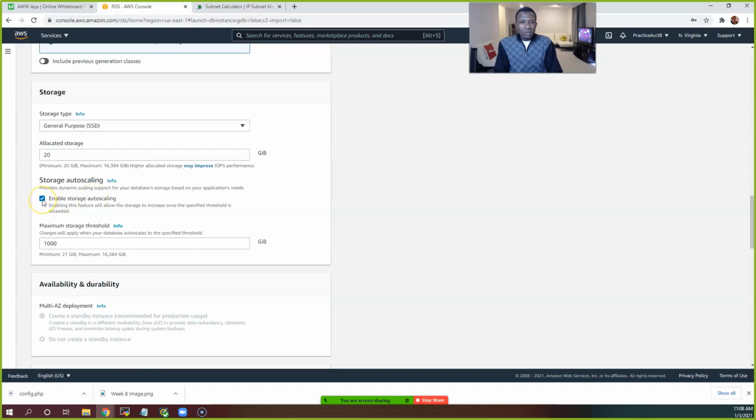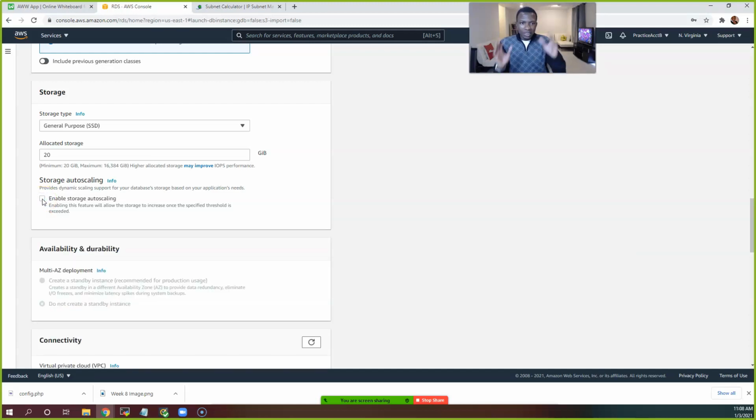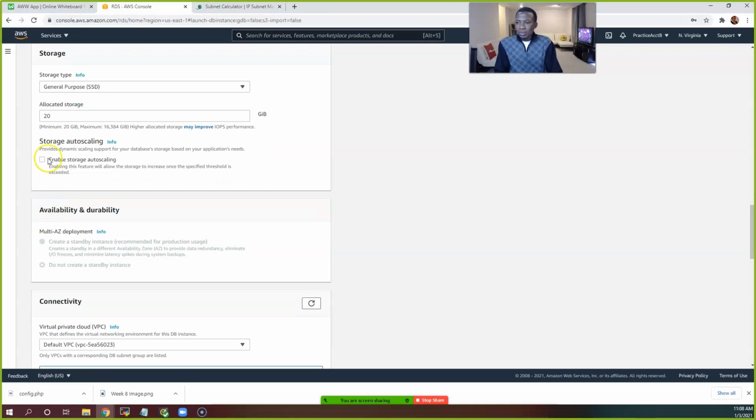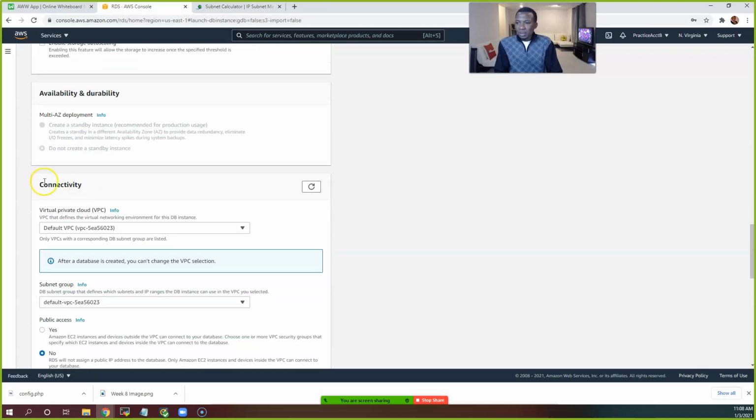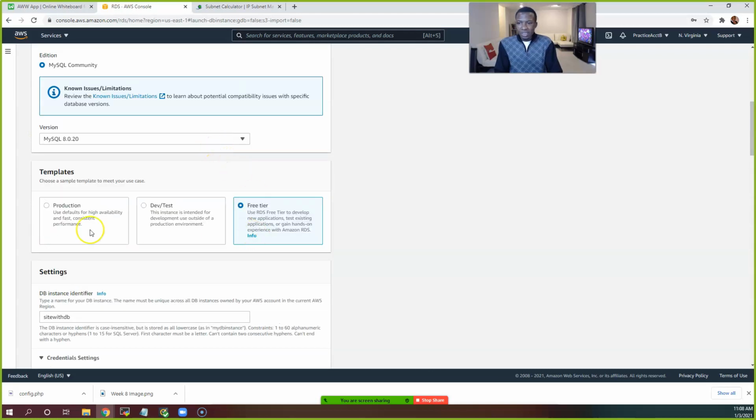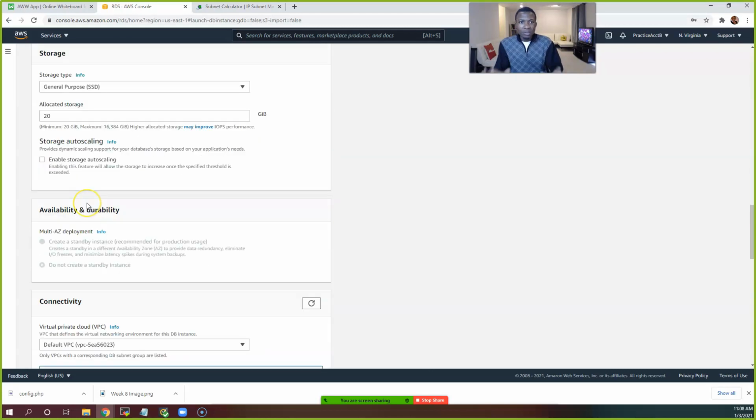We're not going to enable storage auto scaling. 20 gig is fine. This is not like production where we expect the database to grow. So we're not going to enable storage auto scaling. Of course, it doesn't allow us to choose multi-AZ because we chose a free tier and not a production database. For production, it allows us to create another database somewhere else that will